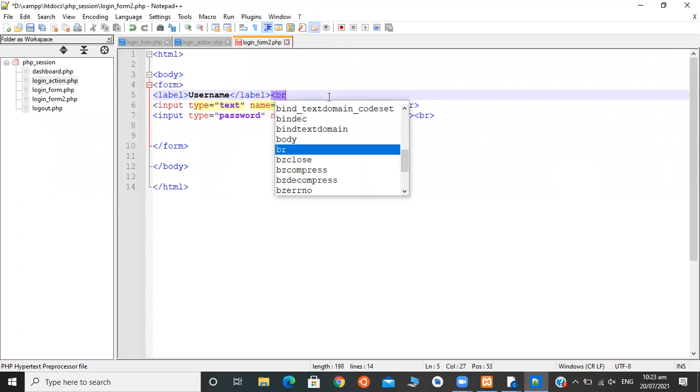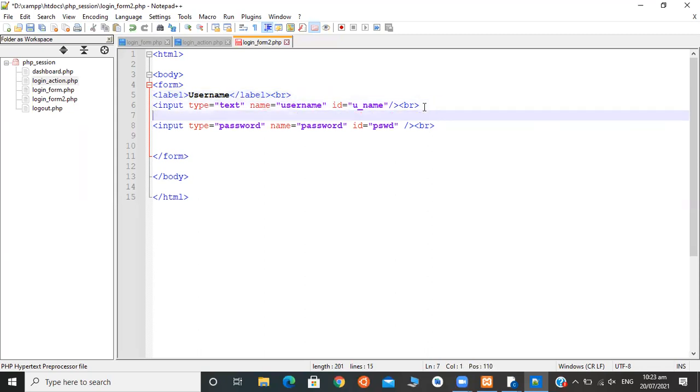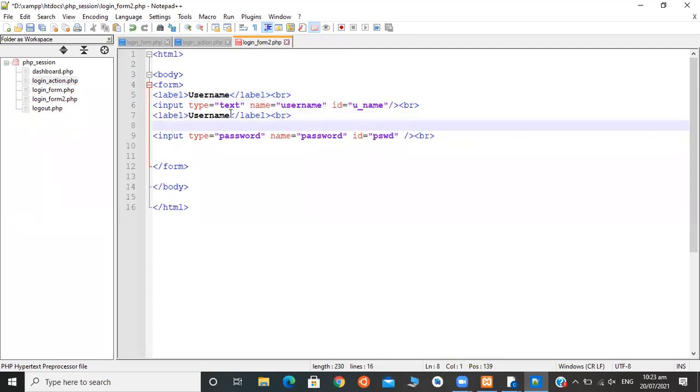This is the label for input type text name username, so it is showing that it is a username. Next, we'll be giving the password.